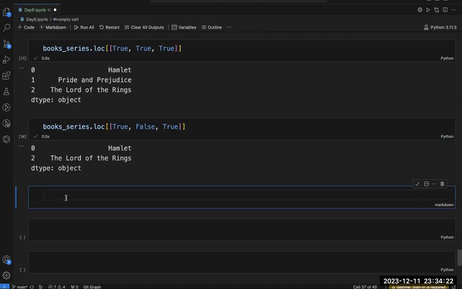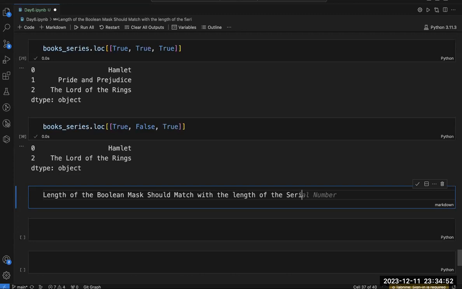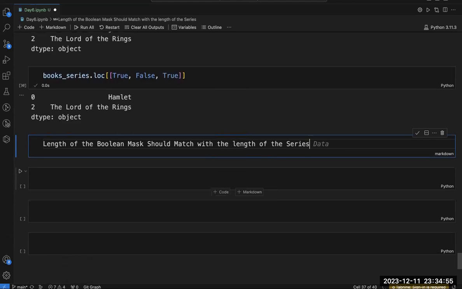Let me write it here: length of the Boolean mask should match with the length of the series. If it does not match the length of the series, it will give me an error.